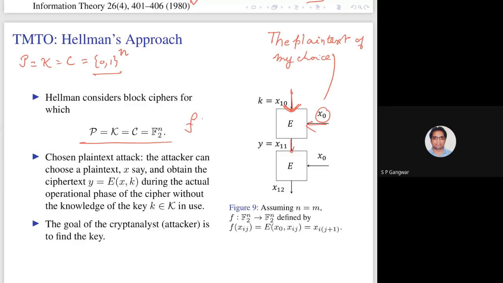So I can as well say that this function is f of x10, which is essentially f of x0, x10. So this is a function like this, and let us say this output is x11. And so I get this x11, and then x11 goes into E. Same input, I get x12. So I have written down some symbols over here. So once I have this,